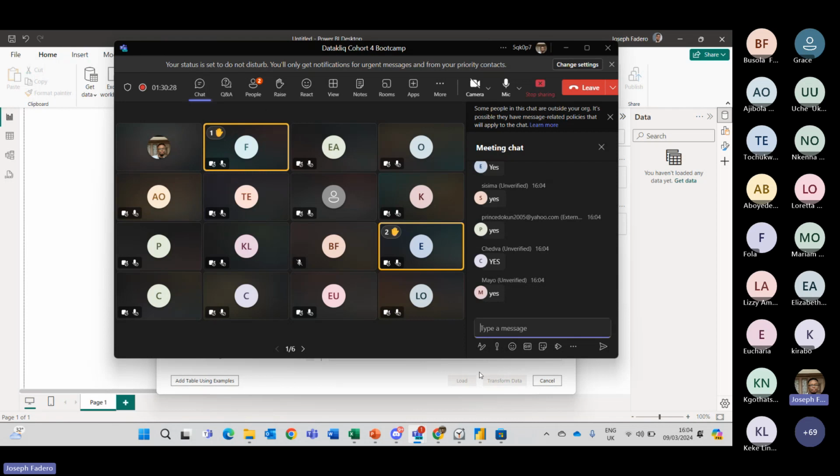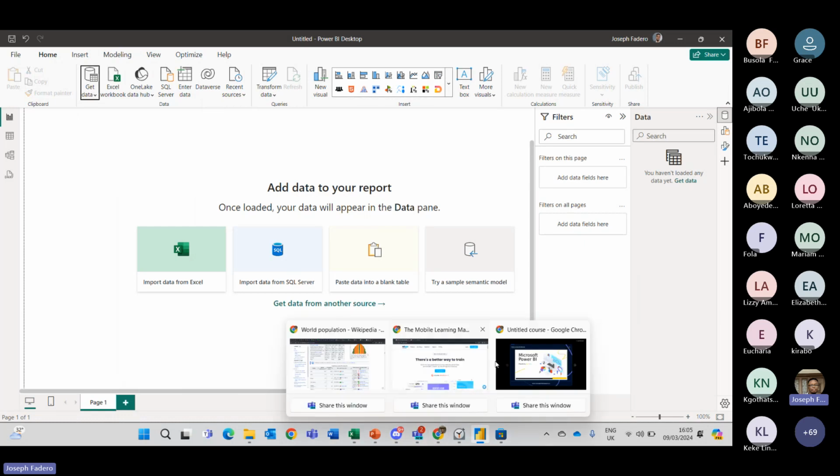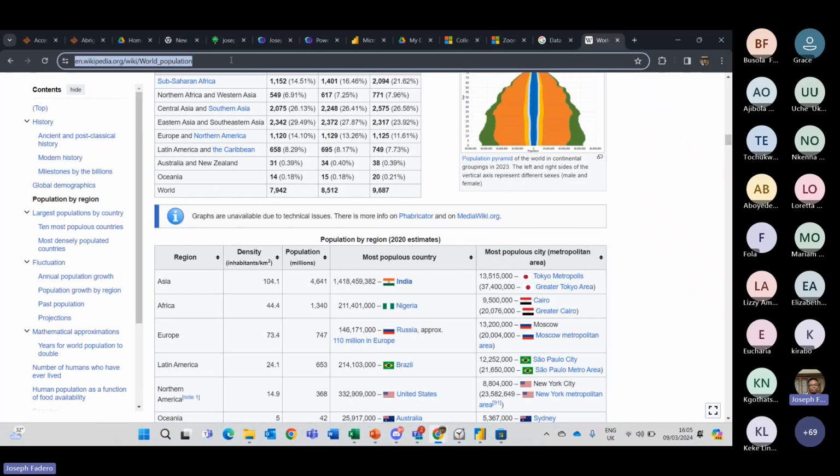Okay. So just to do a recap for people who may have missed out on it a bit, I copied this URL. I just went to Google and typed world population. On Wikipedia, there's information about the world population directly. You can copy the URL by using Ctrl+C on your keyboard.